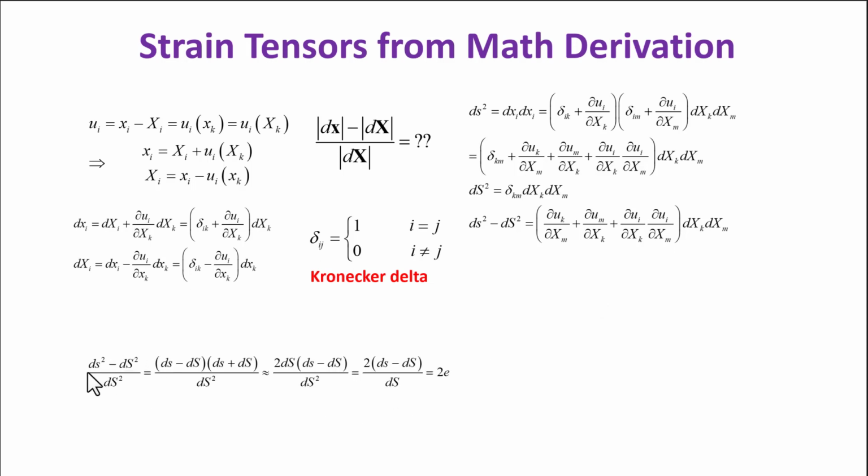You can appreciate why the quadratic length change is actually very much the same as the strain concept. If the strain is small, so ds, dS or dx is small, it has this relationship. So in the end, see the length change, ds subtract dS, that is here. It's dx subtract dX, the length, divided by initial length. That's the concept of strain. So this actually captures the strain of the line segment.